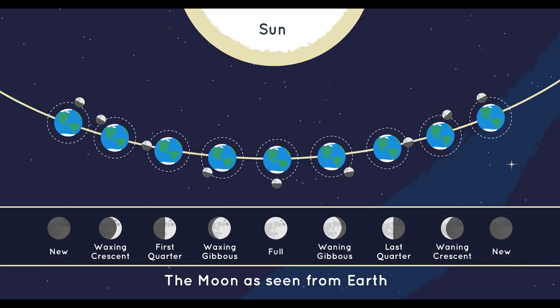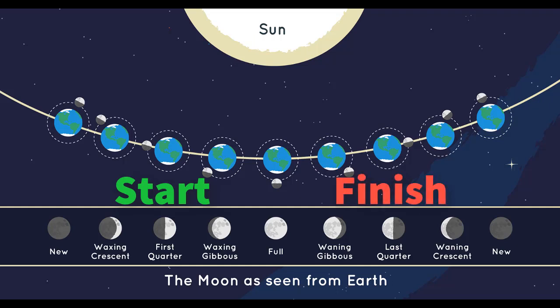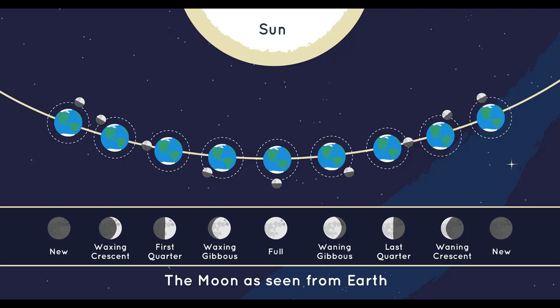Anyways, lunar phases. In many cultures, certain lunar phases were believed to be lucky or unlucky. For example, it was believed that the waxing moon was a good time to start new projects, while the waning moon was a good time to finish old projects. So now let's go over all the moon phases in depth in particular.